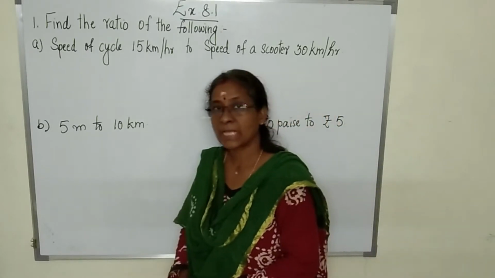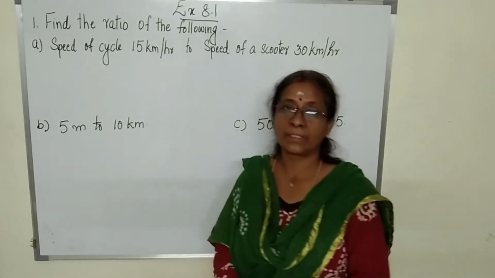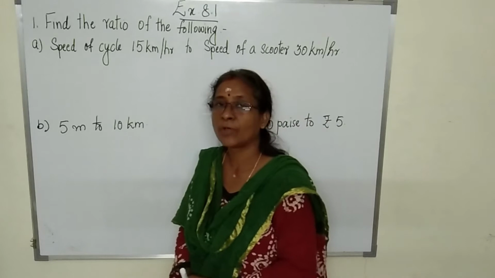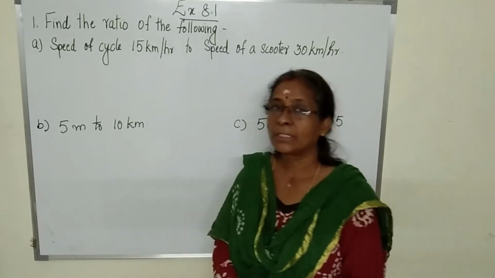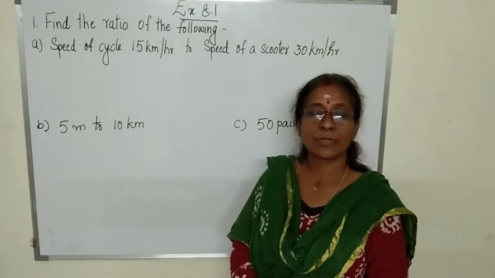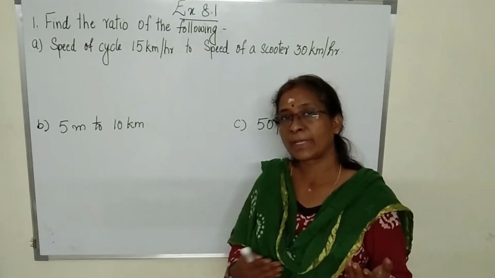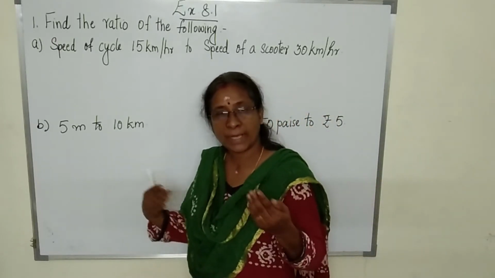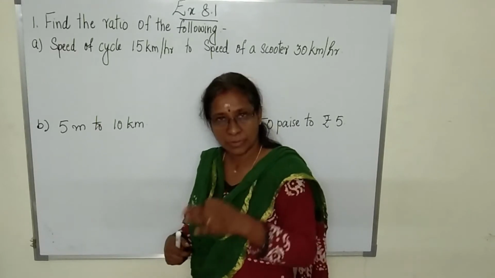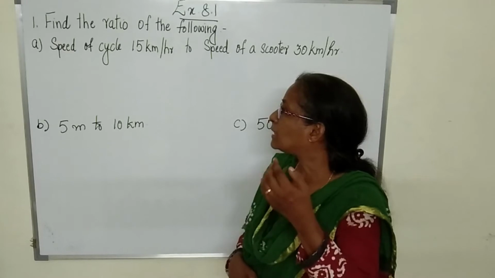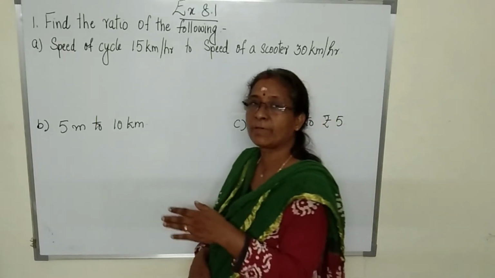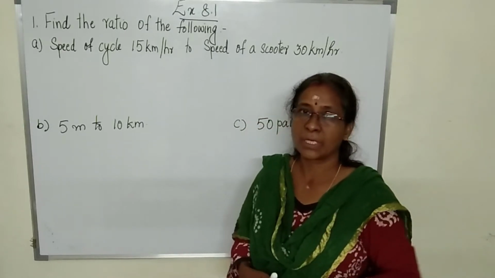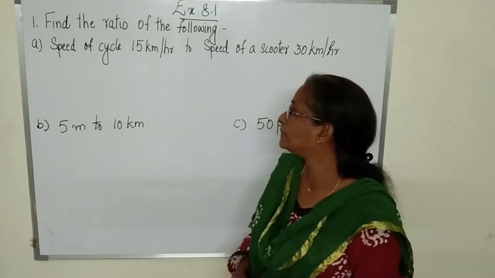Now in the previous class we discussed that whenever you have to find the ratio of two quantities, we have to make sure that their units are the same, or they are similar quantities. For example, if we are finding the ratio of speed, you cannot take speed to distance. You have to find speed to speed, distance to distance. Same way, if the speed is given in kilometers per hour in one and the other is in meter per second, you have to convert them to similar units. That is what we have to take care here.